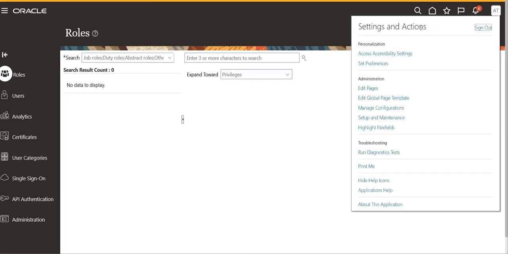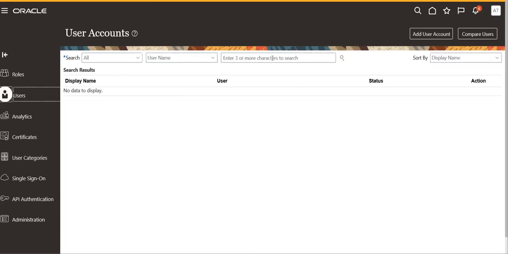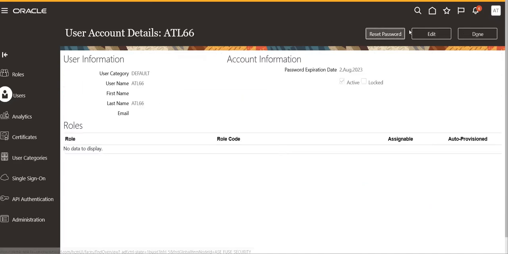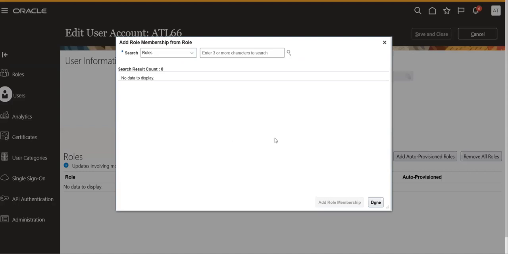This user has access to multiple settings and actions options, including setup and maintenance. This is very important. Go to user. This is the user we had created. Edit, add role. We created the user, but we didn't give any access roles or privileges to this user. Now we are giving